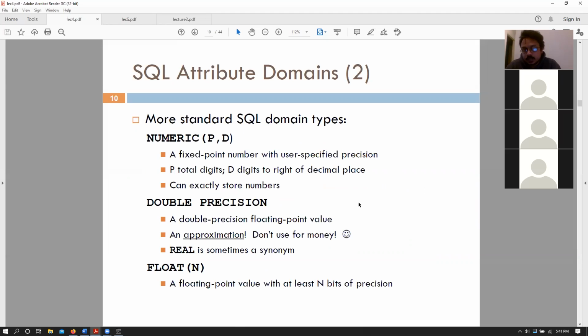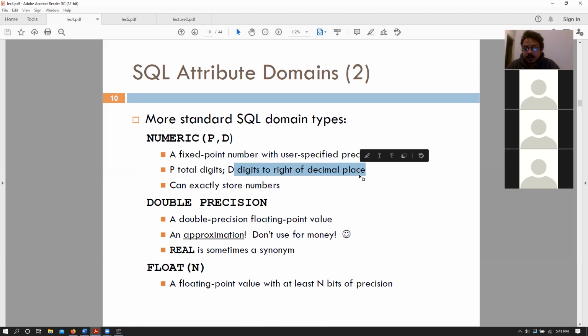Then we also talked about the numeric data type. The numeric data type takes in two parameters. That is a parameter P that tells you the total number of digits that you will store in your entire number, and a parameter D that is the number of digits, within this set of P digits, that are right of the decimal place.